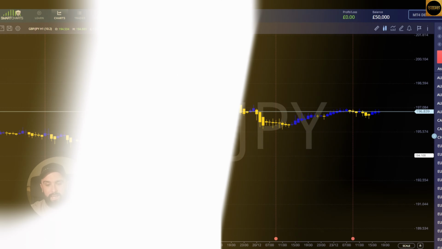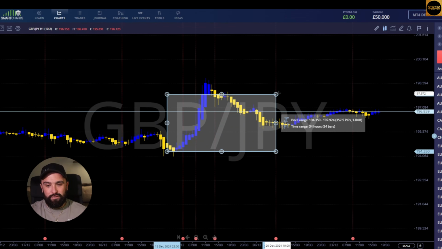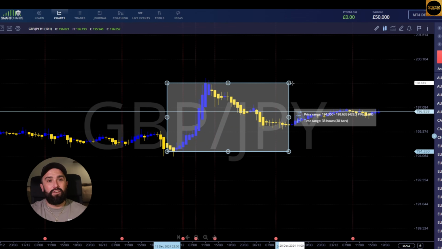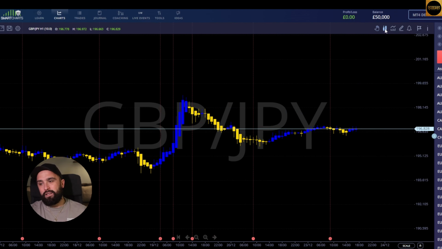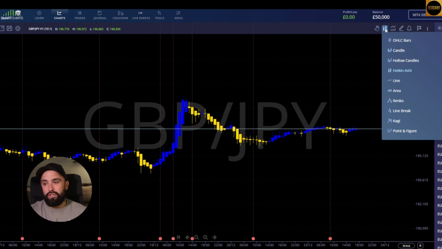So if we wanted to get how big this price move was, if I just do it from there and move it to the very top of that move, we can see on the right there was 428.3 pips. It was a time range of 38 hours. Okay, so moving on, if we were to look at this section,